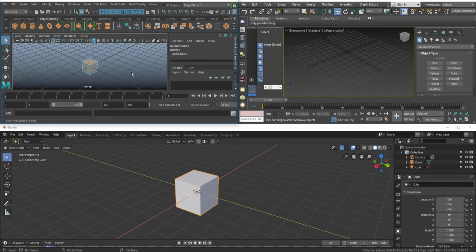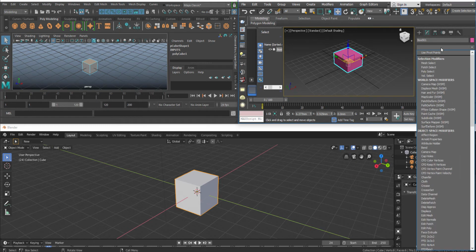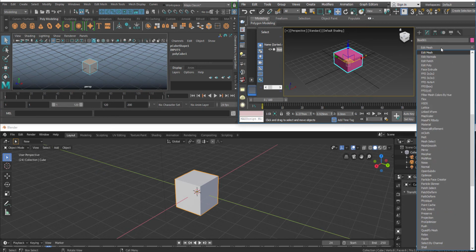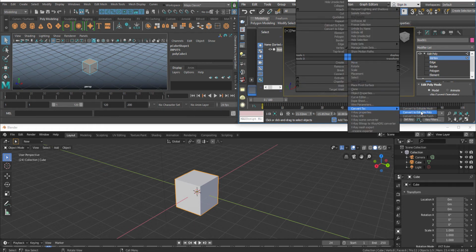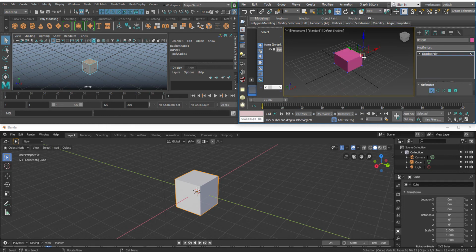I say, did you ever consider the comparison between Max and Maya? In Max, I can click the box, then I have to go to Edit Poly mode, or maybe apply an Edit Poly modifier. Then I have to go to vertex mode by pressing 1, or maybe right click and convert to Editable Poly, and then go to 1, or maybe 4 for selecting a mesh.